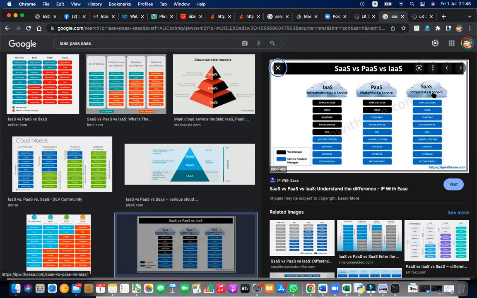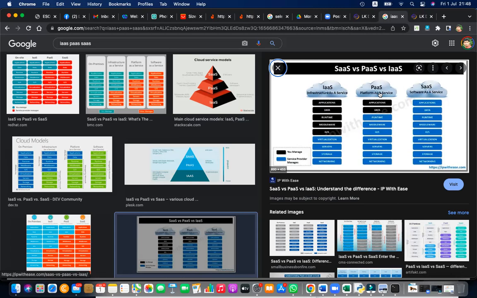That is SaaS, software as a service. The easiest and most popular one.